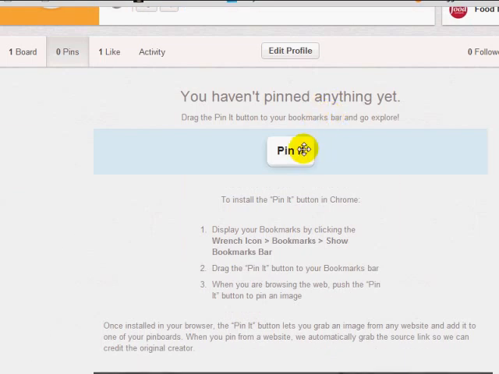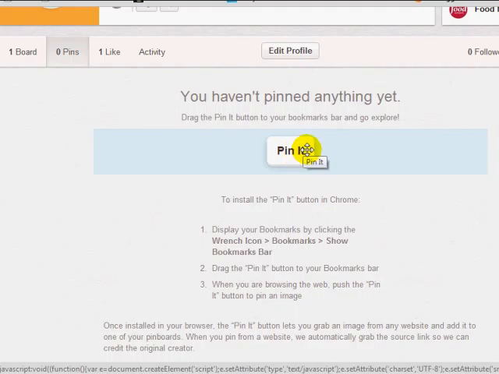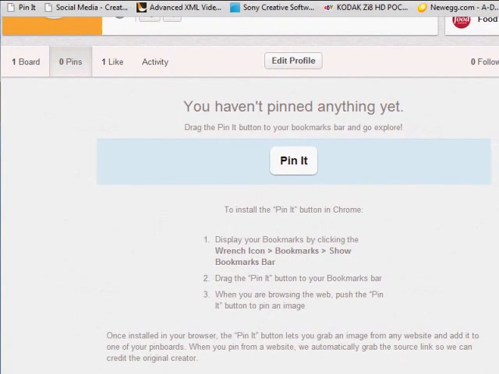you can add this little button to your internet browser. And what happens is if you add this to your browser, anytime you visit a site, you can pin that site or pin that picture. So this is good if you want to pin specific articles and content that you created that have pictures. So let's say, for example, that I have cupcake recipes on a website and I want to pin those onto